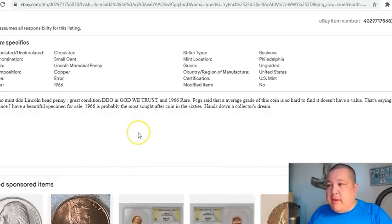I mean, because it doesn't do it for me. 1966 no mint DDO Lincoln head penny, great condition. DDO in God We Trust, which we took a look at, and it's apparent die deterioration doubling. All right, and rare, 1966, rare. It's so rare. PCGS has said that an average grade of this coin is so hard to find, it doesn't have a value. That I'm willing to agree upon, because this is one of the scarcest double dies to